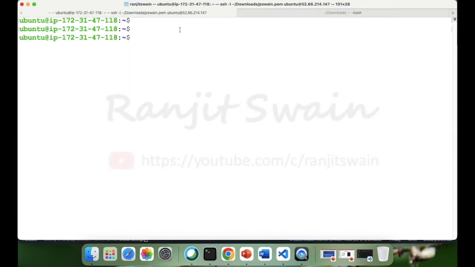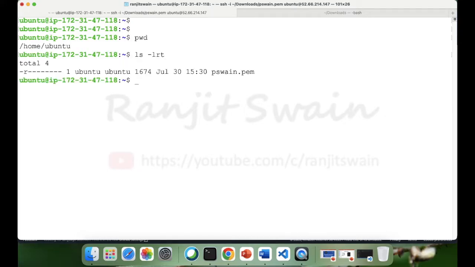Now if I go to the remote Ansible server and do ls, you will see the certificate is copied. Now let's execute some commands to check whether we have the connectivity or access to the servers or not. So I'm going to execute some ad hoc commands. So we can use ansible